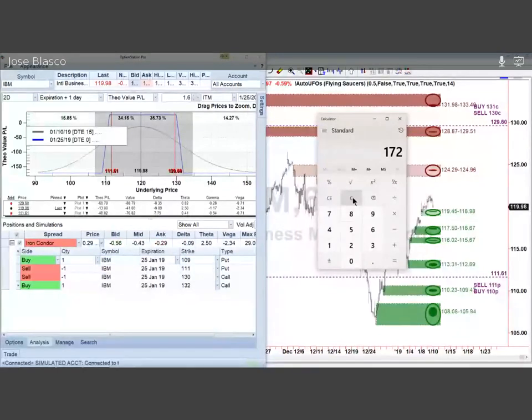So if you do this times one contract, the broker will tie up $170. If you do that times 10 contracts, the broker will tie up 10 times more, which is $1,720. So that's the margin required for the trade. What's nice is that in this trade, if we're right, let's say we're going to the midpoint, 41 cents times